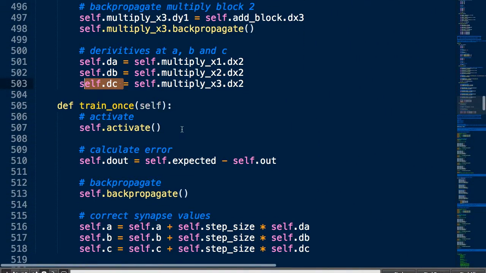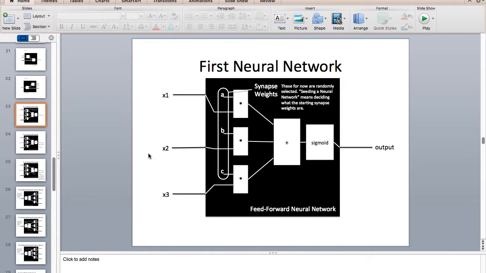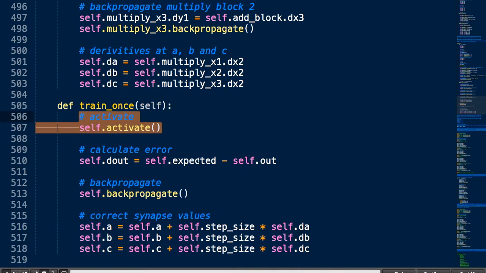How do we train it? Well, first we're going to have to activate it, which means we're going to go here and have our inputs, go all the way through, and get an output. We're going to take our output, right here, and subtract it from our expected. So expected minus our output is going to equal D out. That's our error. So if we expect 80 and our output is 100, then we get negative 20 as